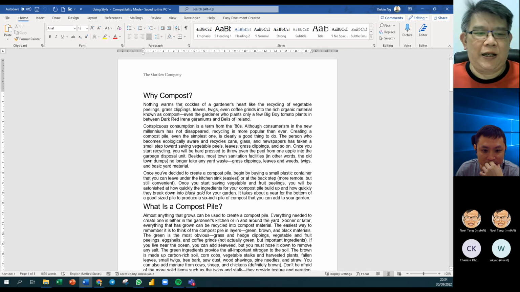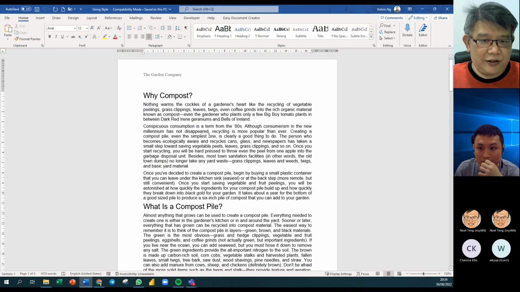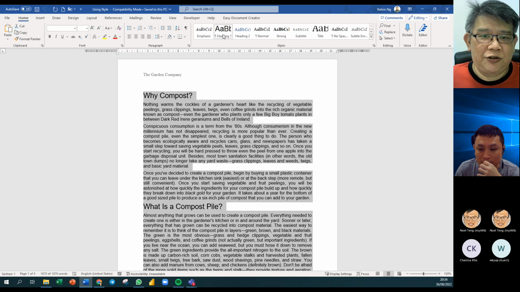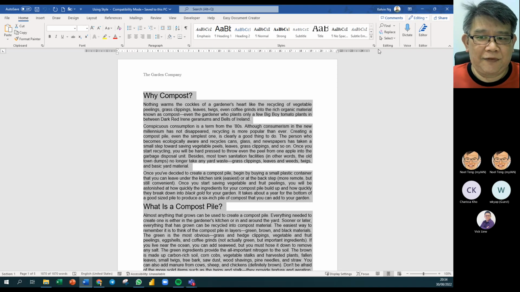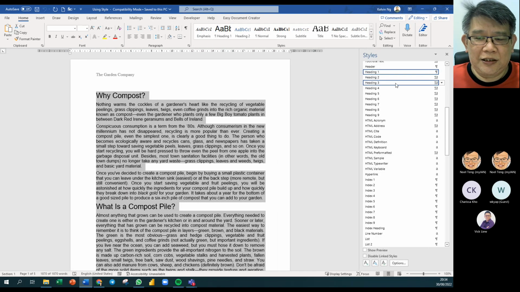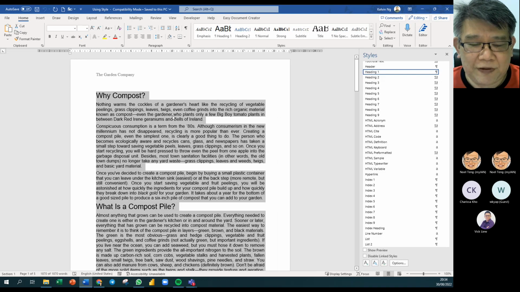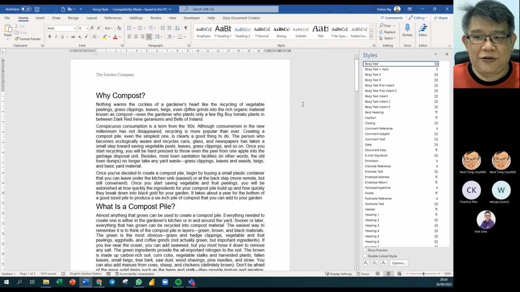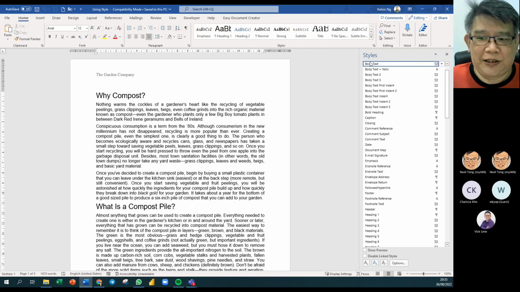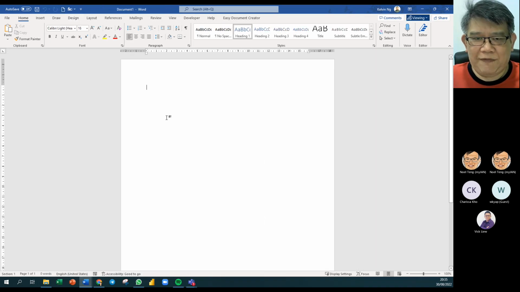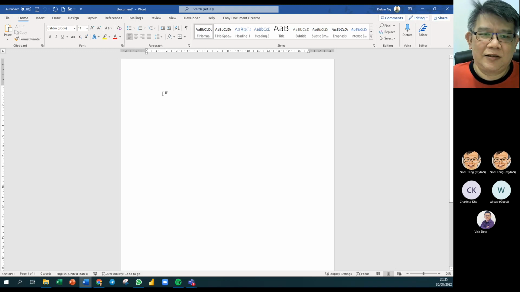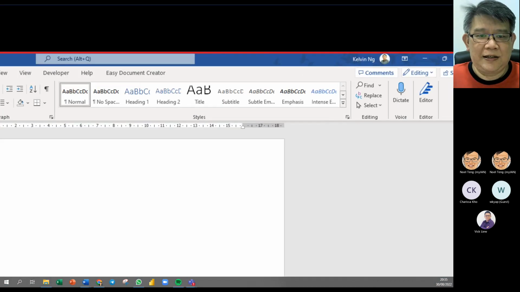Now in this document, if I select the entire document, you will notice that they are not using the normal style. If I click on this, you notice that some of them are not using the normal style. They are using something called body text. That's because I converted them to body text. They are not using the normal. So for any brand new document, let's say I have a brand new document. If I click on the normal style,